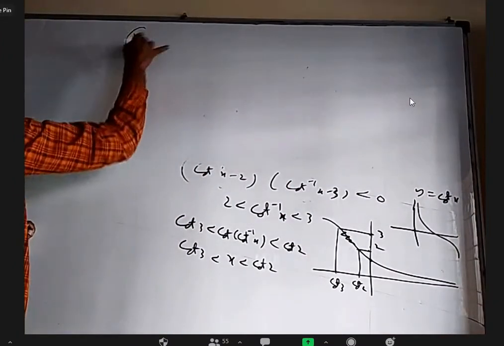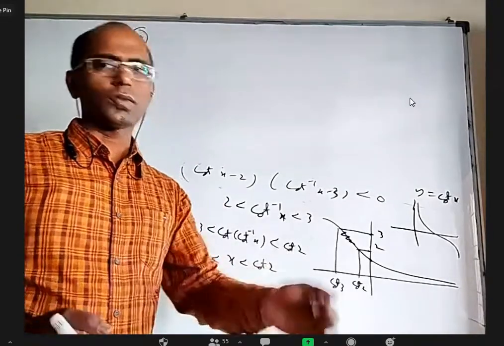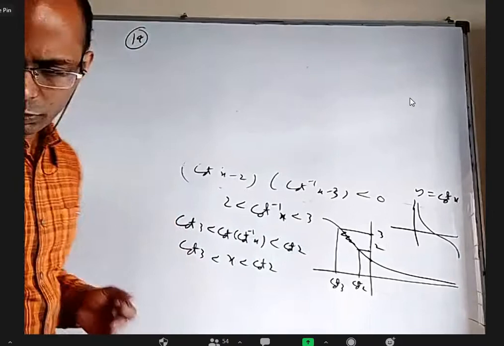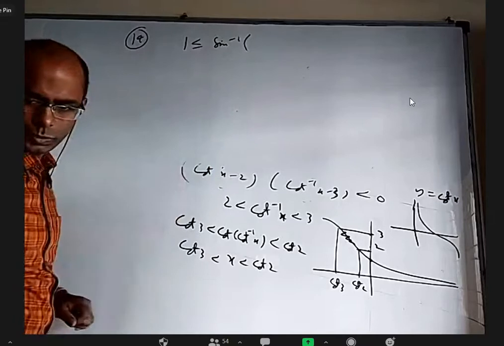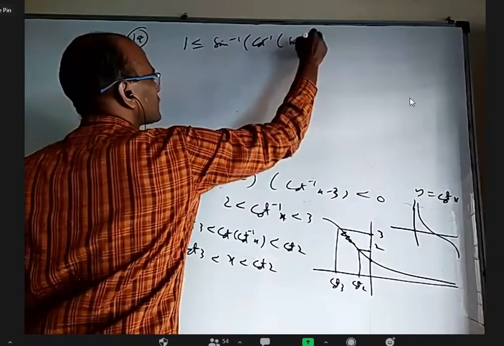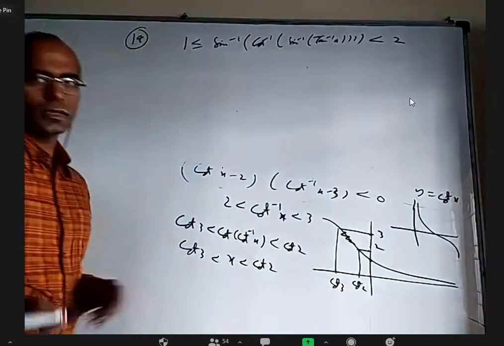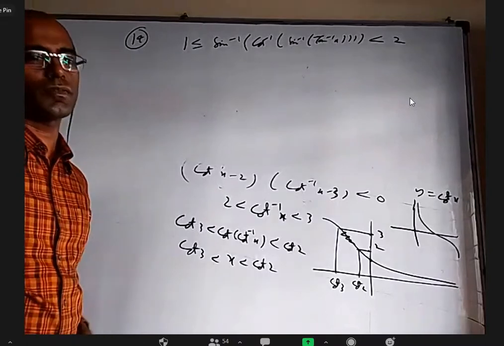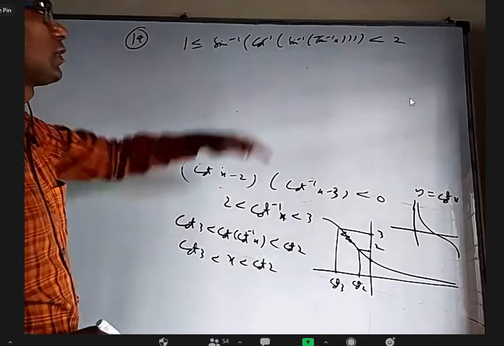Okay, 14. Integer part of something is 1 means it is anything between 1 and 2: 1 or 1.2 or 1.3 up to 1.999 and so on. So closed 1 to open 2. So I think directly from the given question I can write 1 less than or equal to sine inverse, cos inverse, sine inverse, tan inverse x is less than 2. As long as something is closed 1 to open 2, the integer part will be 1, and they want the complete set of values of x. Okay, fine. Sine inverse of something, when will it be between 1 and 2?